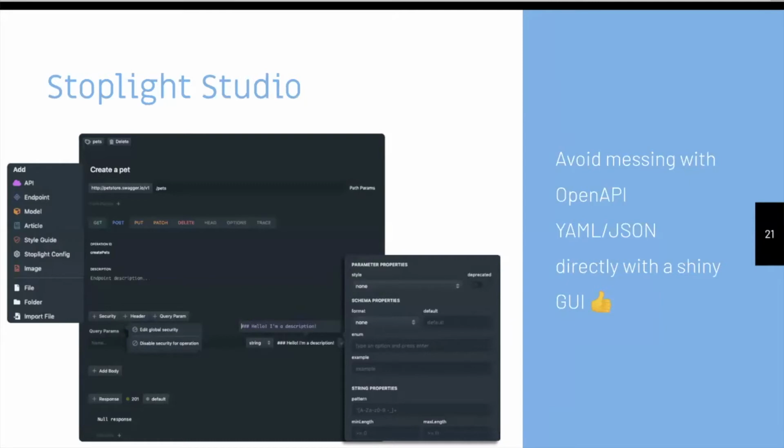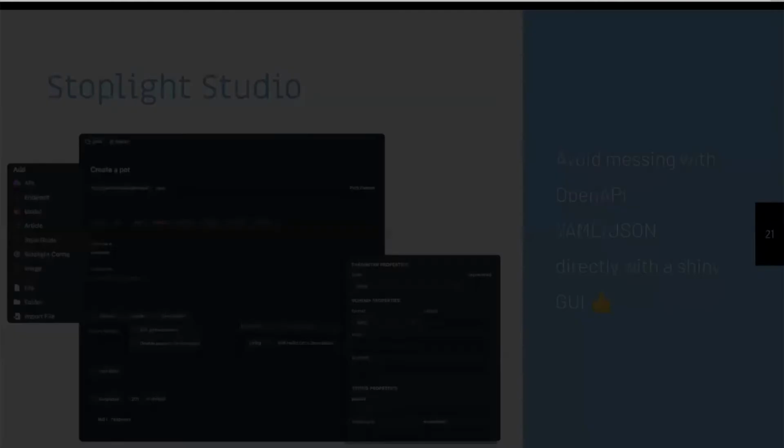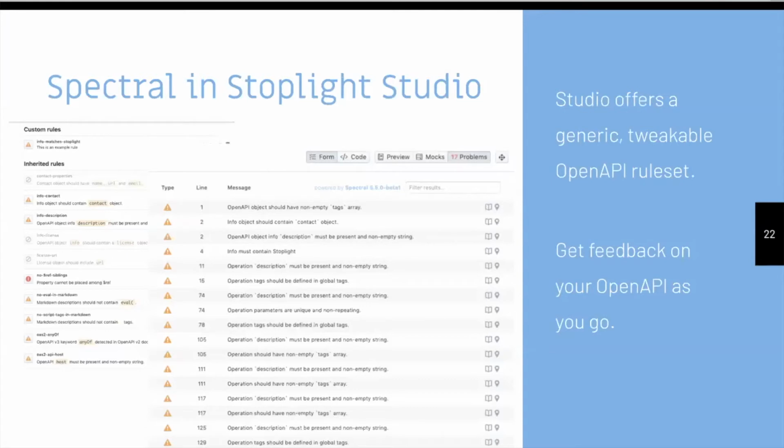Obviously, a lot of you folks will be familiar with Studio, I assume. So it helps you not have to do all of the YAML and JSON stuff all by yourself. But one of the more powerful things is that it has an API linter built right in. And by default, we talk about OpenAPI, that it has an OpenAPI rule set built in. So it will try and help you write better quality OpenAPI, but we don't give you feedback on the API itself, because that would be a tad too opinionated for a generic tool.